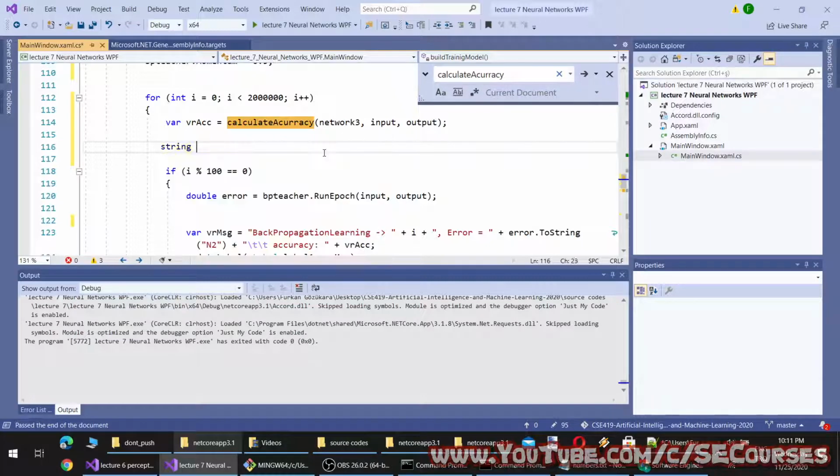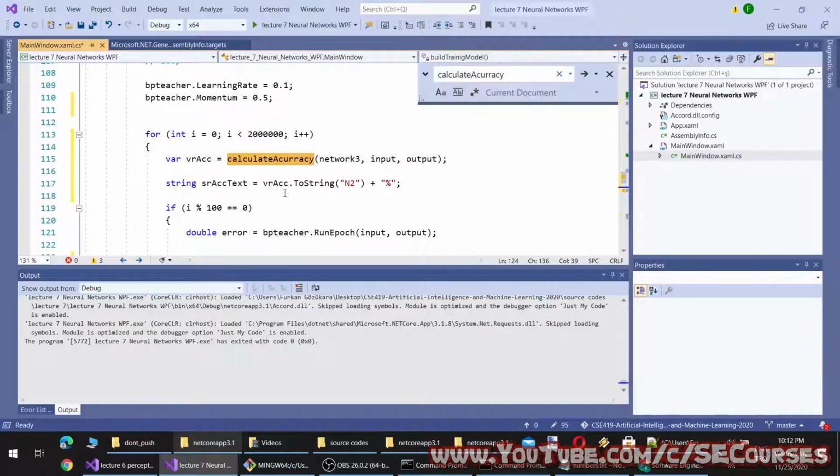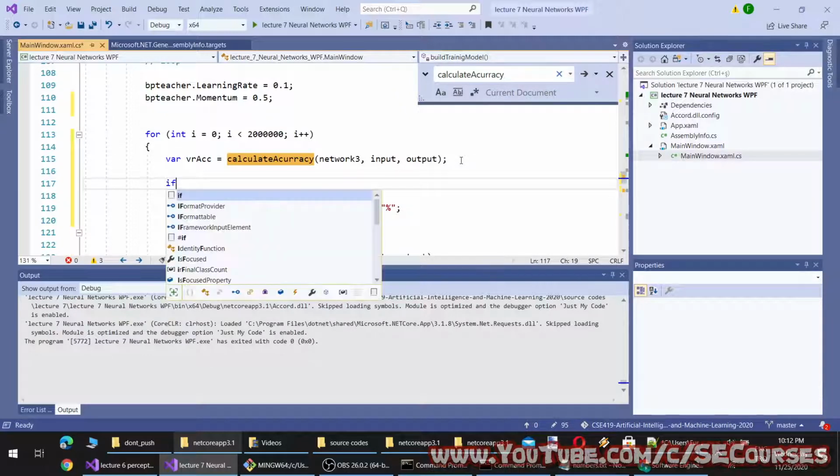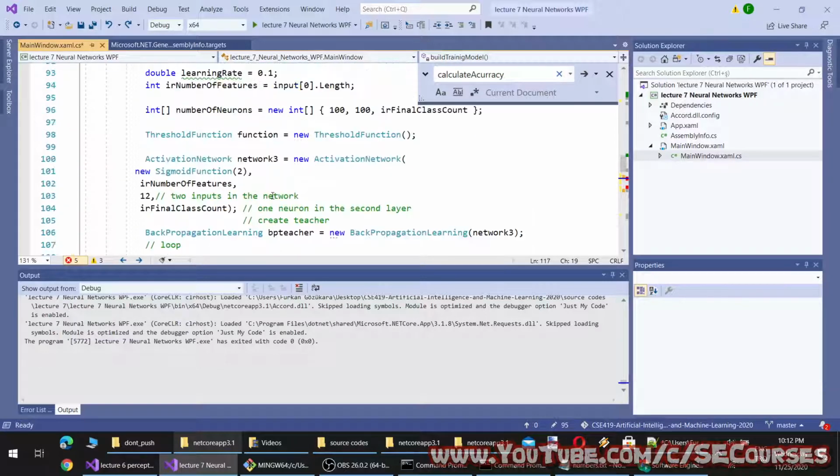So I will save the model if it has the maximum accuracy.